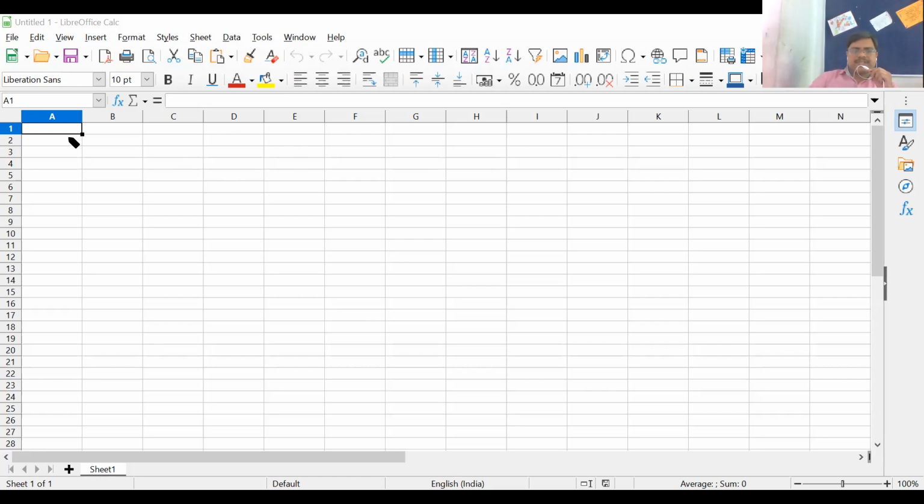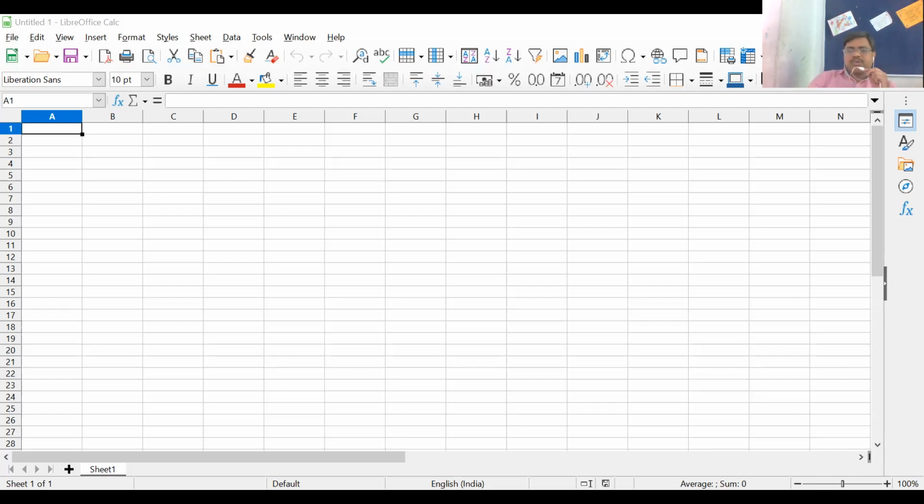So you have sheets, like in MS Excel we have Sheet 1, Sheet 2, Sheet 3. Okay. Here also we have Sheet 1, you can see down, Sheet 1, Sheet 2, Sheet 3. It depends on you how many sheets you want to create in Calc. Okay. I hope you have understood the difference between workbook and worksheet.